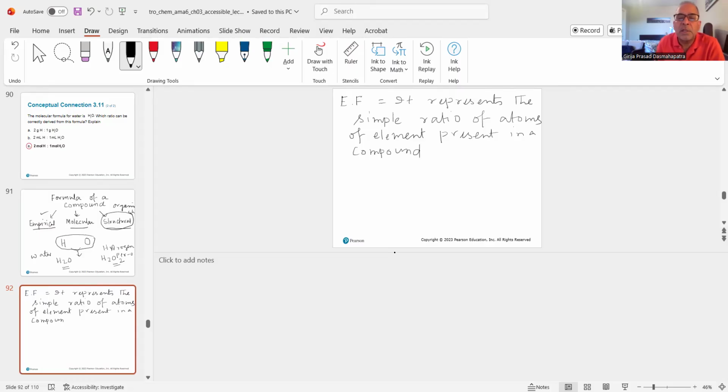So then how is it different from the molecular formula? The molecular formula is represented by MF, and it represents